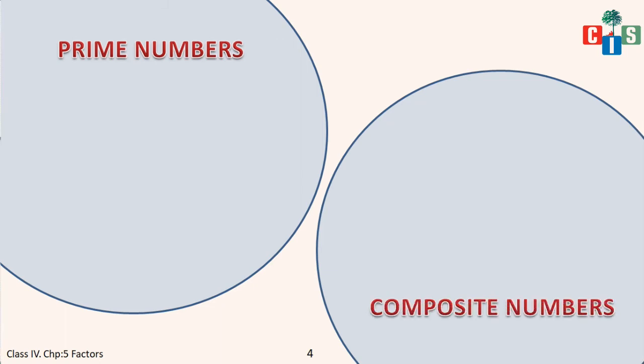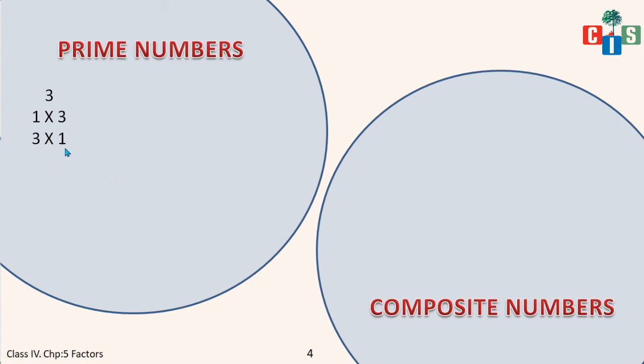Well, 1 times 3 is 3 and 3 times 1 is also 3. Yes, these are the only possible ways where I can represent 3 in a multiplication manner. There are no other ways. Fine. And if I divide 3 by another number that is not 1 or 3, let's take 2, I'll get some remainder. So I can say that 2 is not a factor of 3. The only factors of 3 are 1 and the number itself, that is 3. So 3 is a prime number.